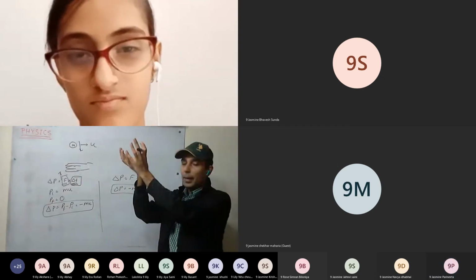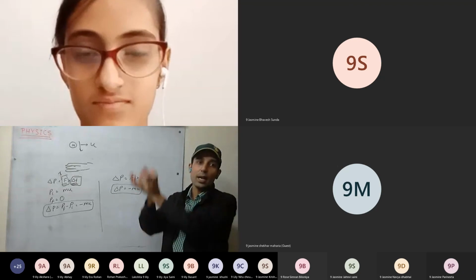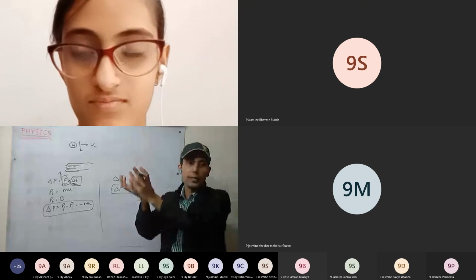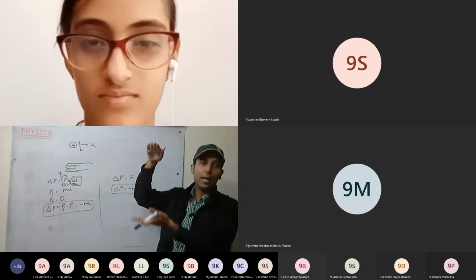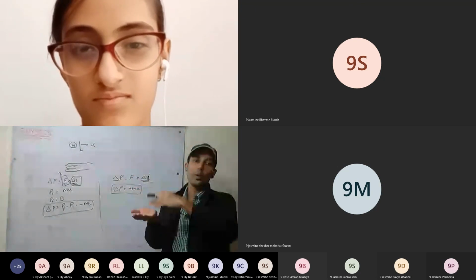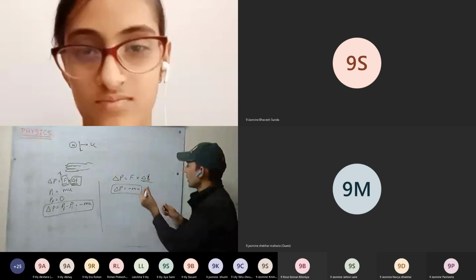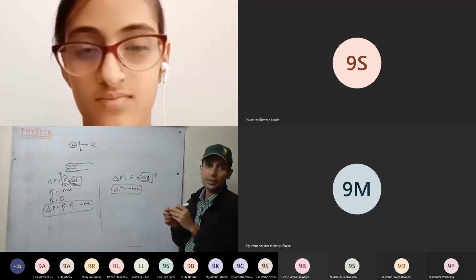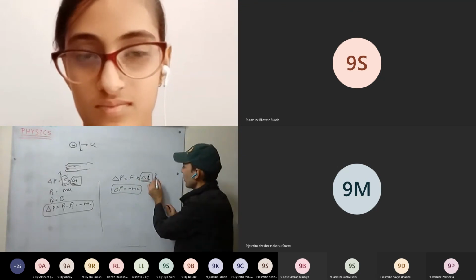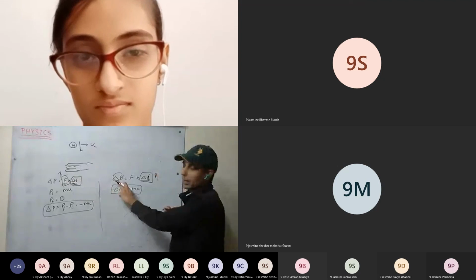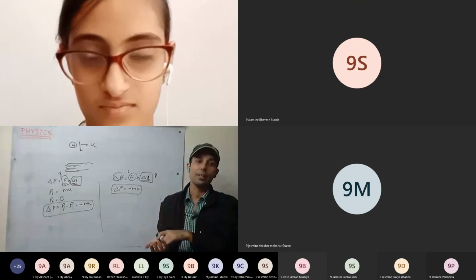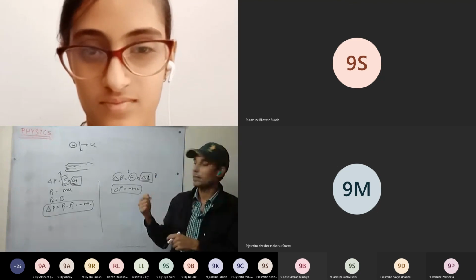And in the second case, as I'm catching the ball, I'm moving the hand along with it. Therefore, the velocity of the ball is decreasing slowly. As I'm moving the hand along with it, I have increased the time duration, the time in which the change of momentum is taking place. So as I increase the time duration, the force with which it hits my hand will be less. Momentum in both the cases remains the same, so the force impact on my hand will be less as I have increased the time duration. This is clear?